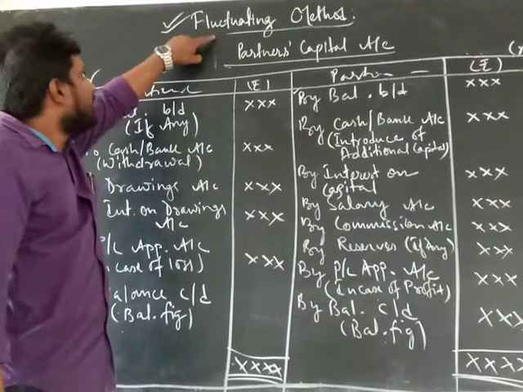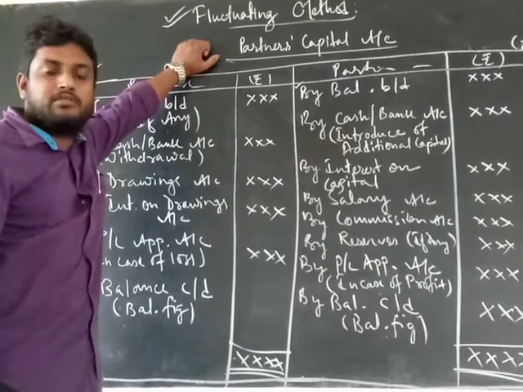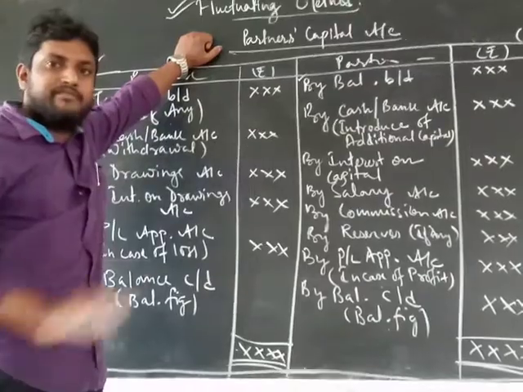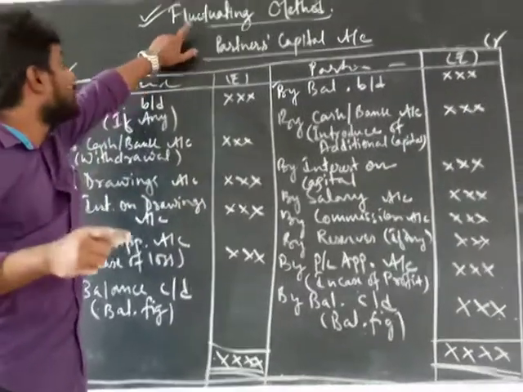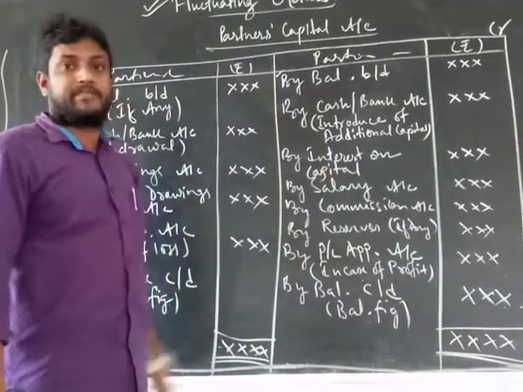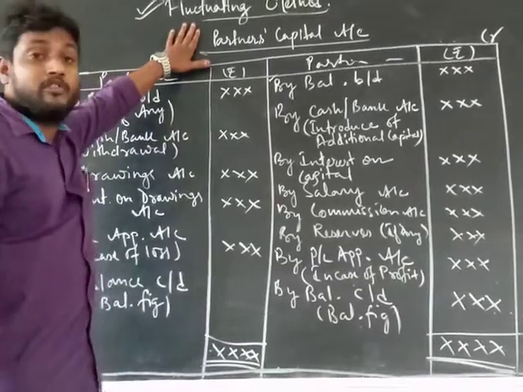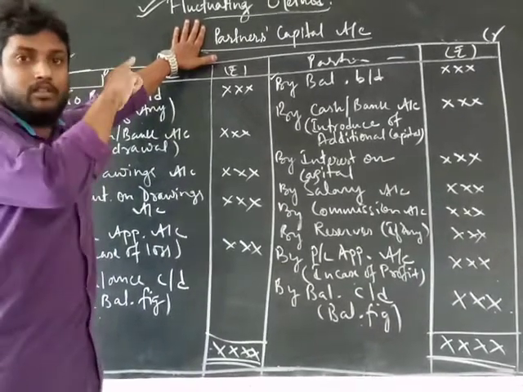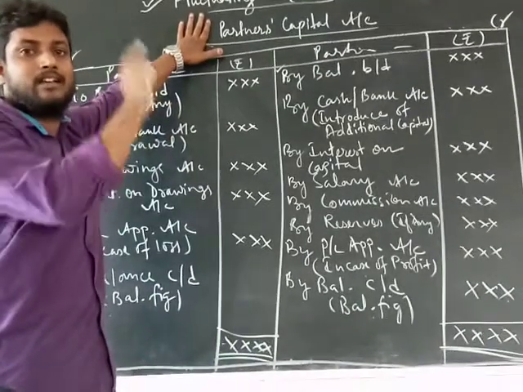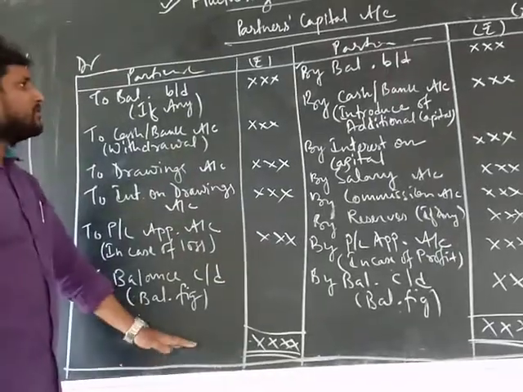So you may get worried during the examination. Sir, nothing has been mentioned in the question. Which method we have to follow? Either fixed or fluctuating. It's very simple. If nothing has been mentioned, you opt for this method, fluctuating. That means we will prepare only one single account at a time. Got it? But if in the question it is given that you have to follow the fixed method, then we will follow those two accounts. That means partners capital account as well as partners current account separately. Okay? Have you understood? There is no problem.